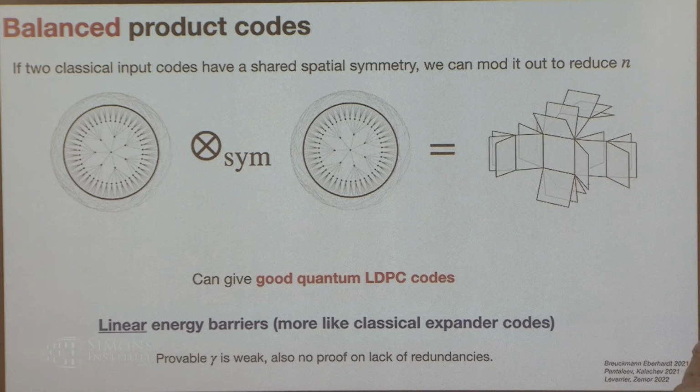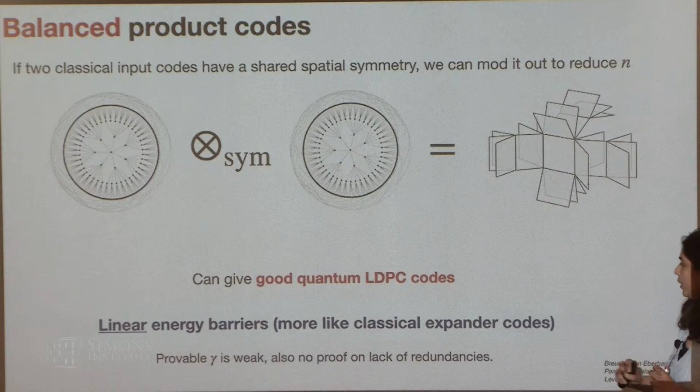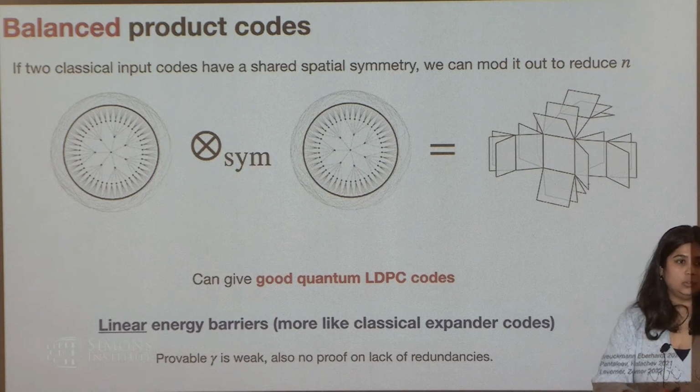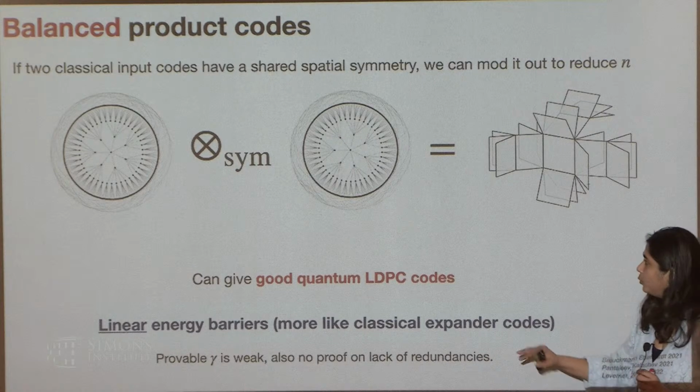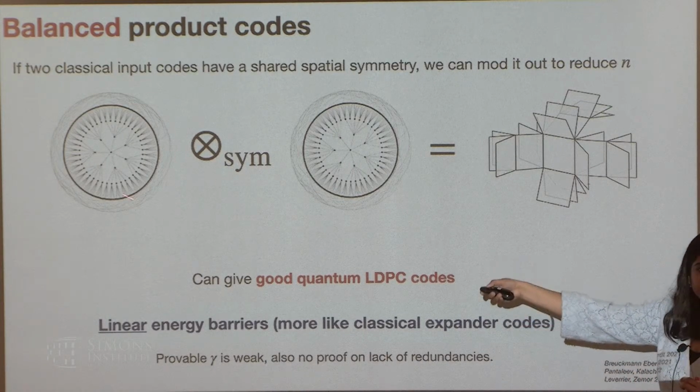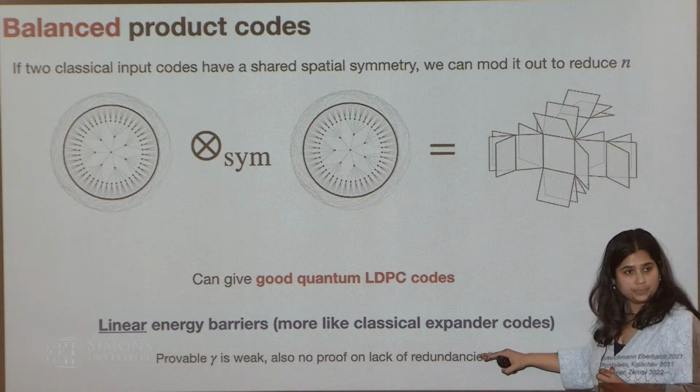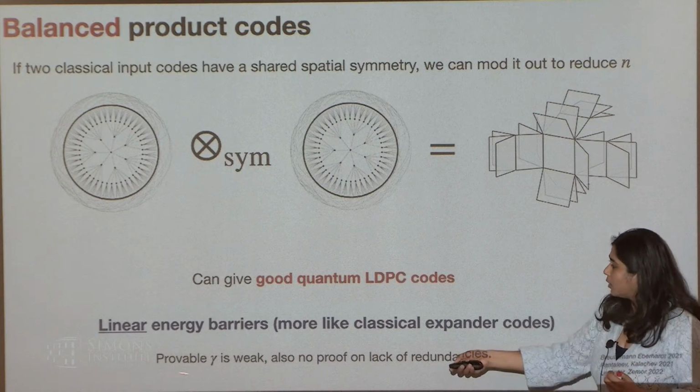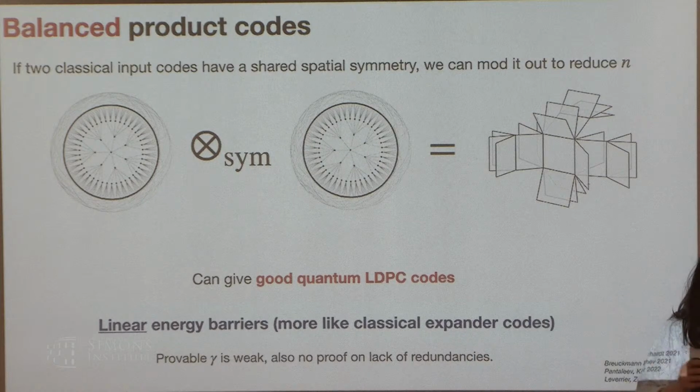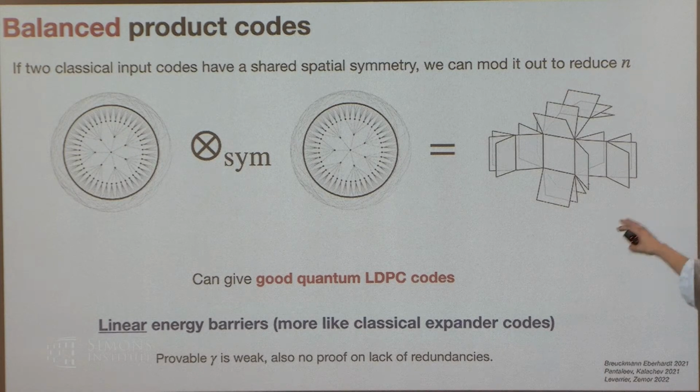So all of the analysis that I went through for the classical case actually carries over for this case very naturally. The one catch is that we cannot prove, we strongly believe this, and numerics kind of confirm it, but we cannot prove that these kinds of very symmetric input codes have no redundancies, which is a thing that we need. And we also can't prove that this gamma parameter is large enough. There are bounds on gamma, but they're very weak. Okay, but this is just a statement not about we don't believe this exists, but just a belief on what's proven in known models.